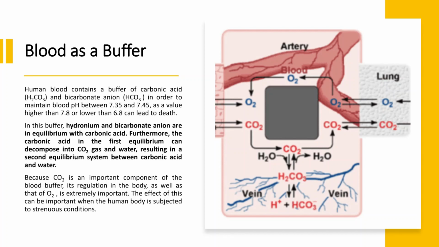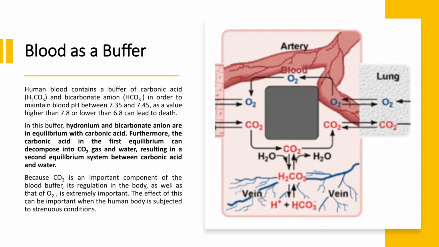So changes in the pH below 6.8 and above 8 may result in death. The major buffer system is the carbonic acid and bicarbonate system. Some of the carbon dioxide, the end product of cellular metabolism, is carried to the lungs for elimination, whereas the other carbon dioxide being generated dissolves in the body fluids and forms carbonic acid, which further dissociates to produce bicarbonate and the hydronium ion.